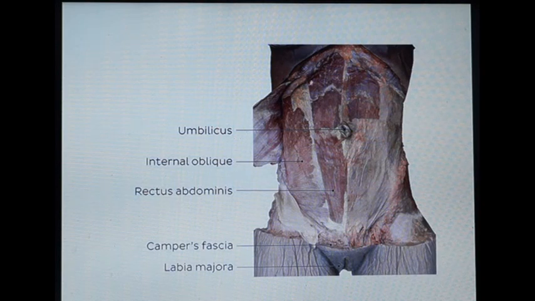And we can see the rectus abdominis, which is a vertically running muscle here, which gets origin from the pubic crest as medial and lateral heads, and runs vertically upwards to get inserted to the xiphoid process and 5th, 6th, 7th costal cartilages. And the two rectus abdominis, right and left, are separated by the midline white raphe, which is called the linea alba. And we can also appreciate the fascia of Camper, which is the fatty layer present within the superficial fascia.